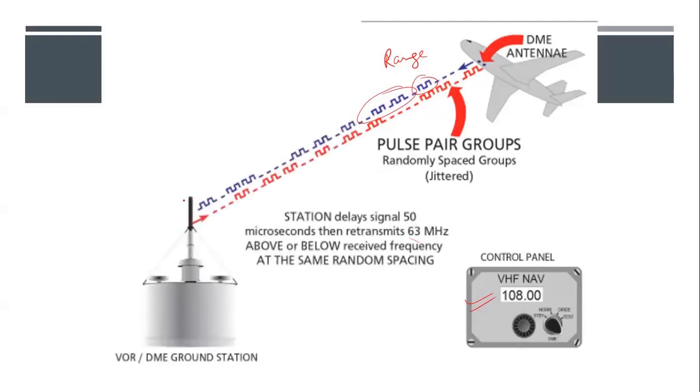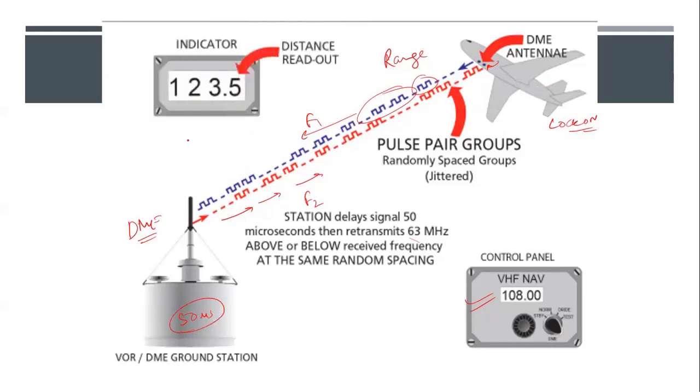When that unique code reaches the nearby DME for that frequency, it will copy the same code and send it on a different frequency, F2. When the aircraft receives it with another antenna, with the receiver, it will establish something called lock on. In the middle, there is of course a gap of 50 microseconds. You will remember that. When the lock on is achieved, the relationship is confirmed. I will start getting distance. This is the whole setup.